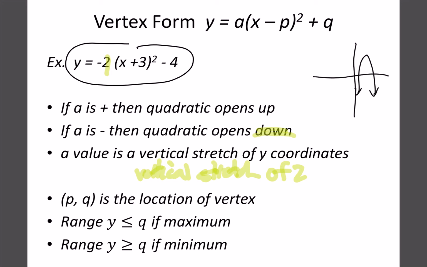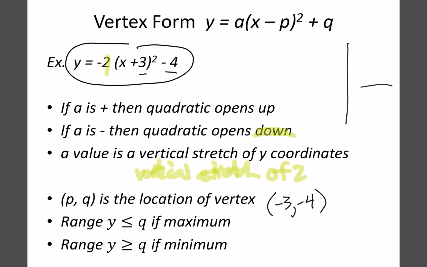So now the second part, remember, is our P and Q. So in this case we have a 3 and a 4. So remember the P value is opposite, so that means our vertex would be at -3, -4. So I drew this wrong how I had it here, so let me erase this graph and kind of resketch this a little bit better. Okay, so we know our graph then would be, our vertex is at -3, -4, so it's going to be down here somewhere. We know it's -2, so that means we're going to be upside down